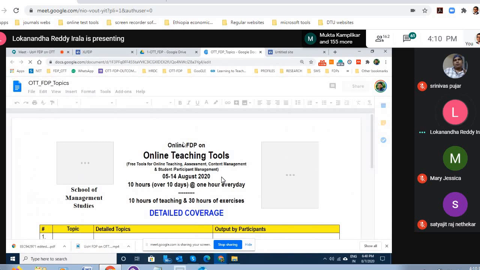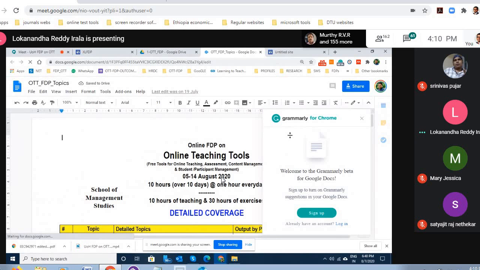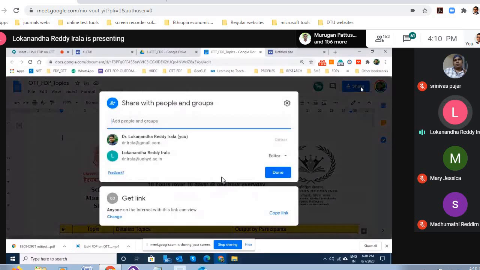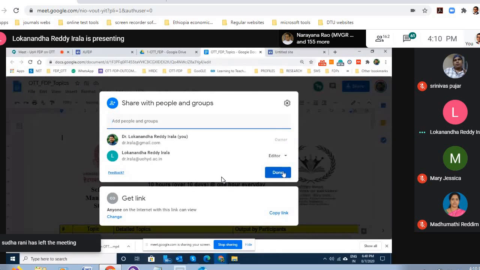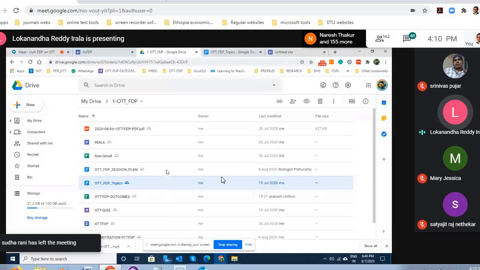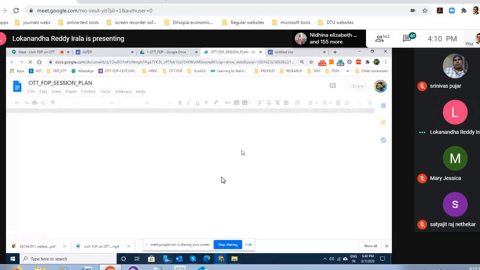So now this file is actually, let us say I am sharing this file between me, actually this is another file, just a second, yeah, OTT FTP session plan. So let me look at this file. See, OTT FTP session plan.